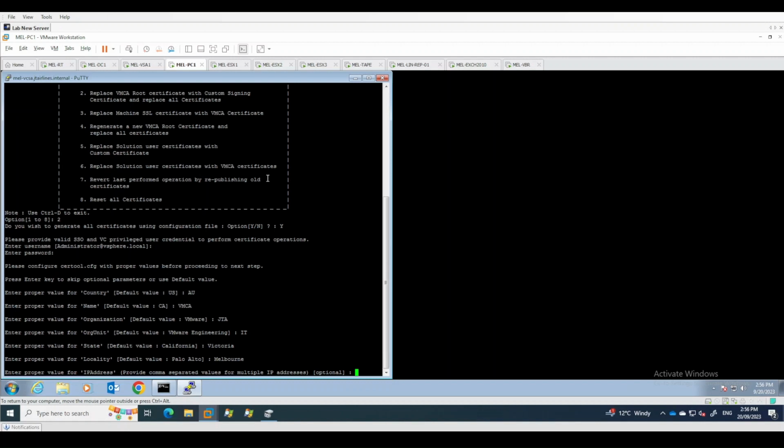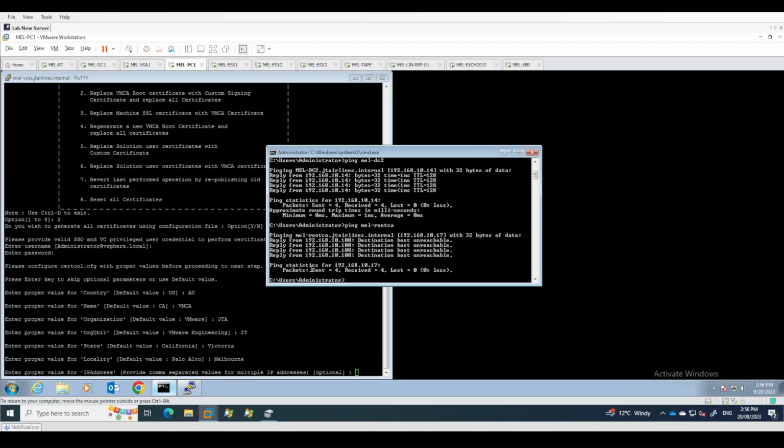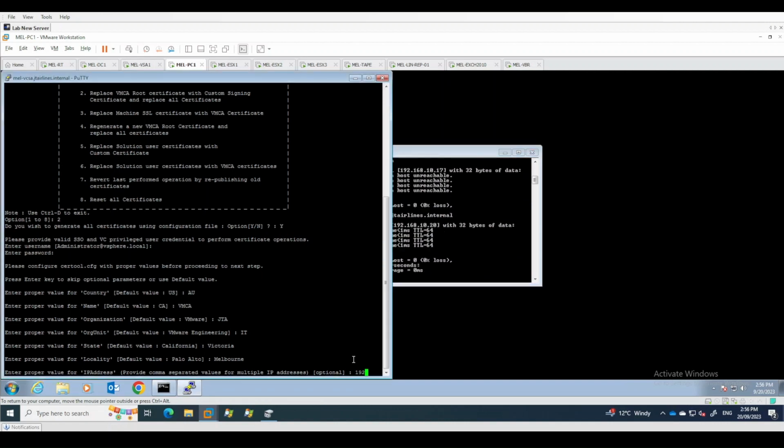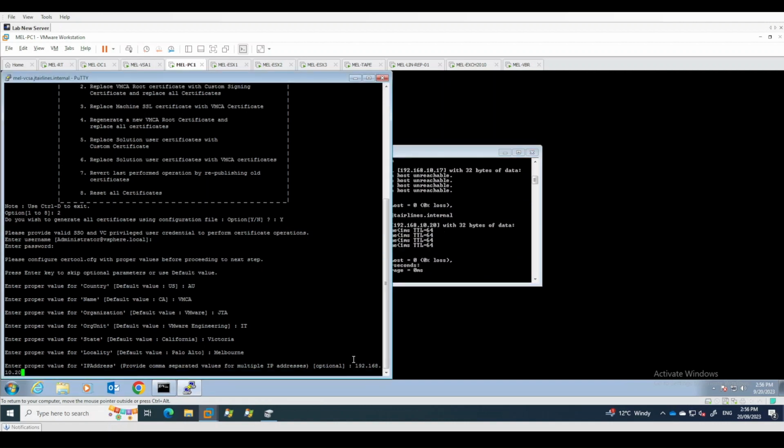Now the IP address of my vCenter goes here, 192.168.10.20. This will allow you to access the vCenter via this IP address, and it will be a signed off